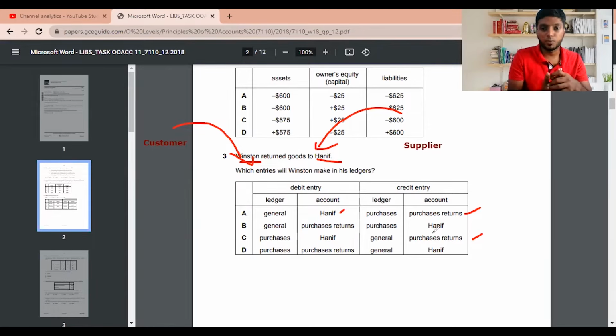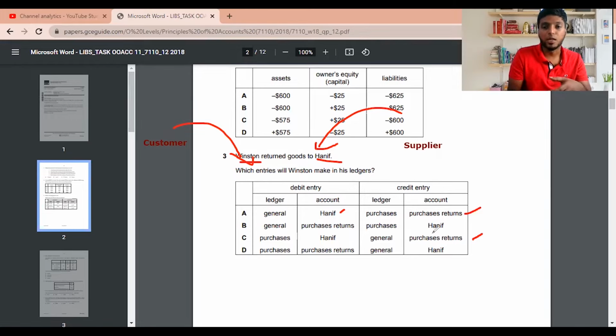Now after finding out the options, we need to know, Hanif is the credit supplier. So whenever I return the goods, purchase return account will become credit, Hanif account will become debit. If you're not good in the double entries, guys, if you don't understand what I'm trying to say, then of course you need to watch my double entry video. I have uploaded that also, link in the description. So when you watch that, you will understand how double entry actually works. Now here in purchase returns, if you return the product, it becomes a profit for you.